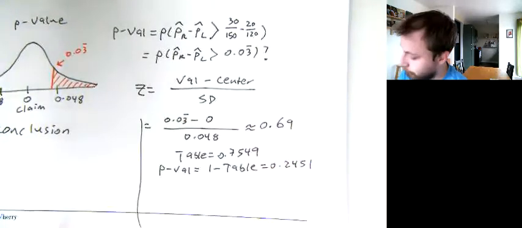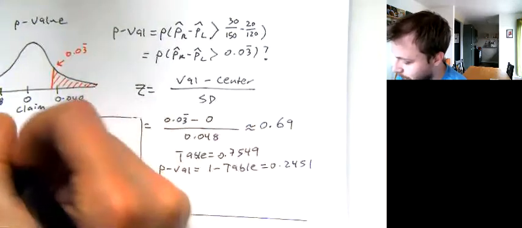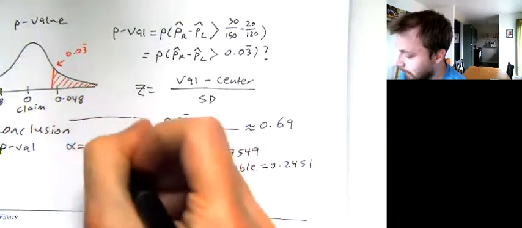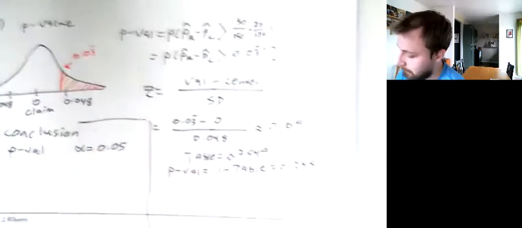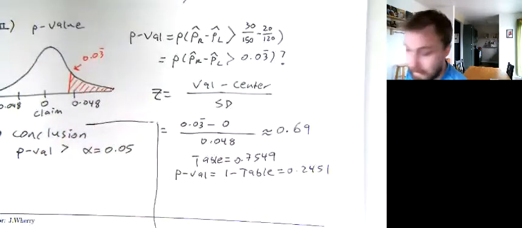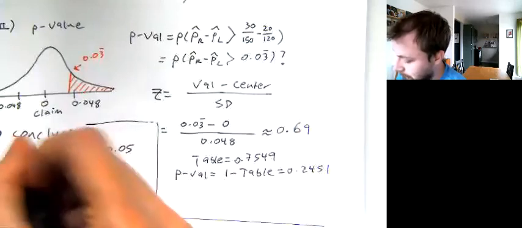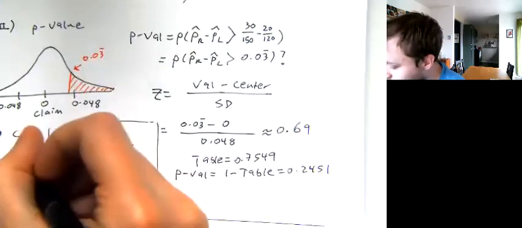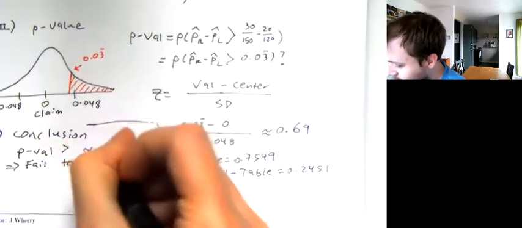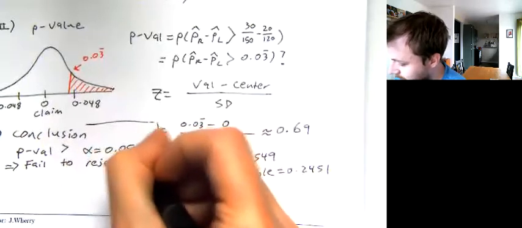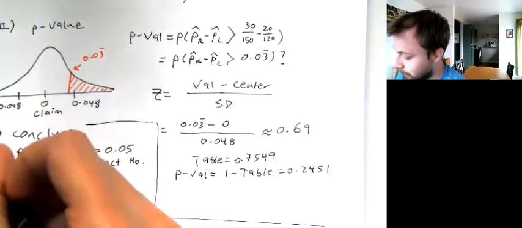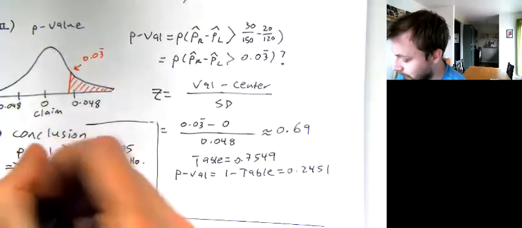For my conclusion, let's compare this p-value to a neutral alpha level of something like 5% or so. This is larger than my alpha level. If your p-value is low, your null must go. If it's large, you fail to reject the null hypothesis. If you fail to reject the null hypothesis, you don't have evidence of the alternative, so I do not have evidence